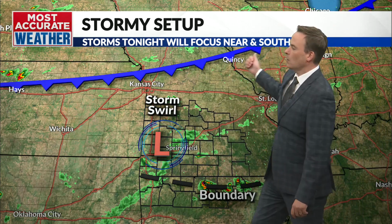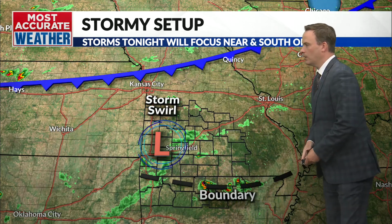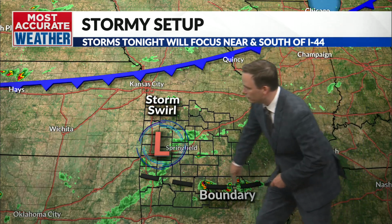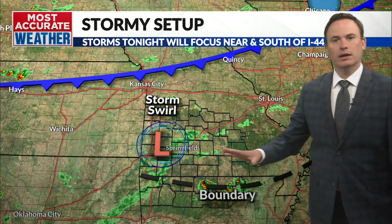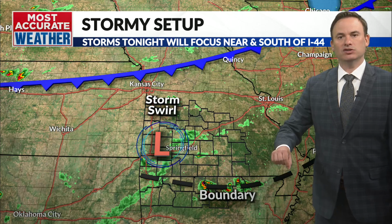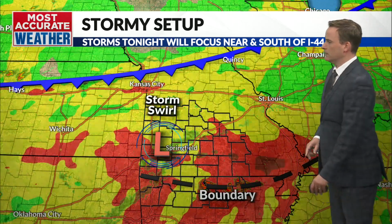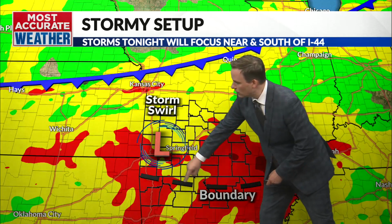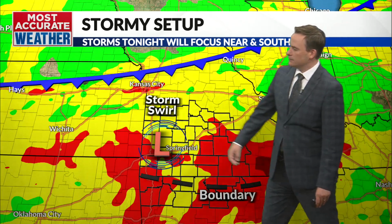So we've got that. We've got a cold front that's marching south toward I-70. That'll be a weather player later tonight. We've also got this boundary that was generated by storms that moved from the KC area into St. Louis this morning, producing lots of wind damage, also flooding rains, even a couple of tornadoes reported west of the St. Louis area. That boundary right now is serving as a focus for scattered storms this evening